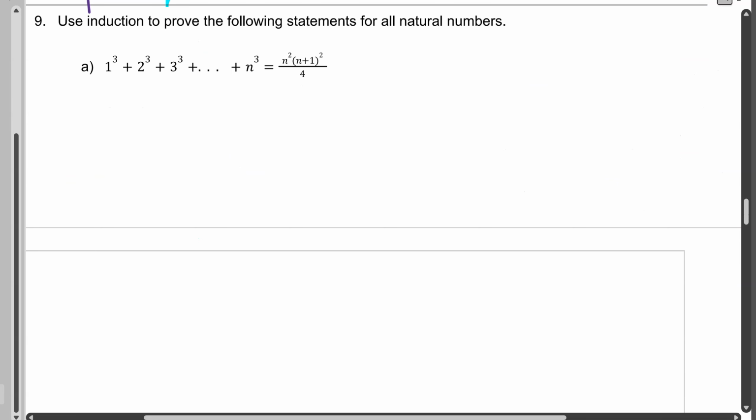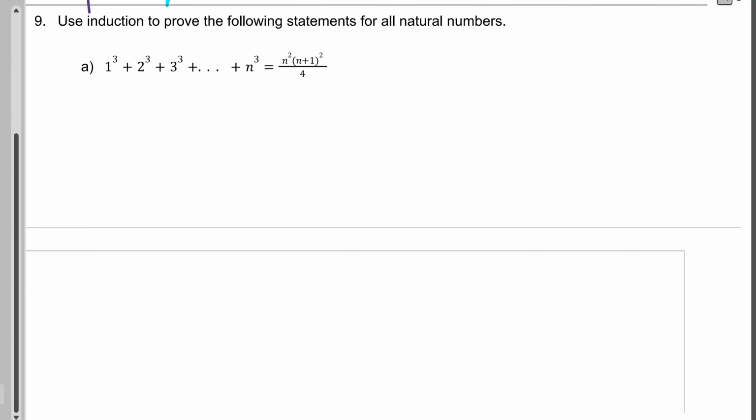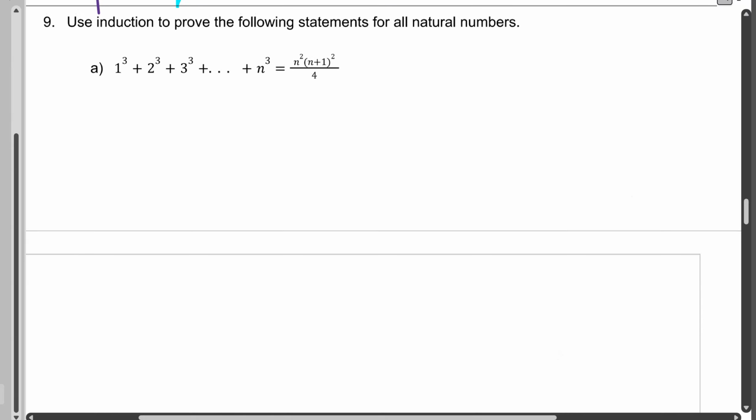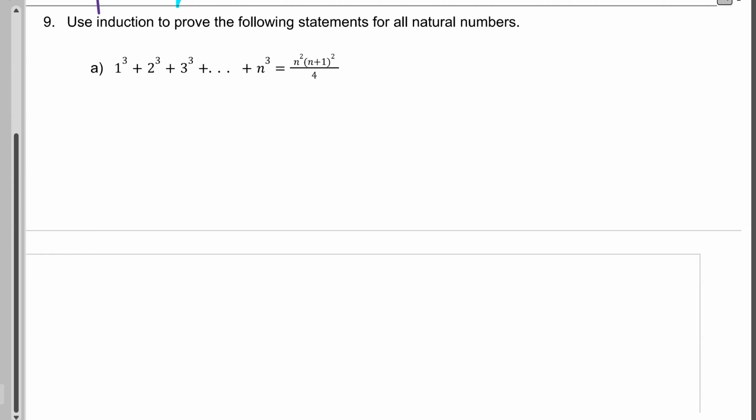Okay, so let's try a proof by induction now. I want to prove that this statement is true for all natural numbers n. That if I sum 1 cubed, 2 cubed, 3 cubed, all the way up to n cubed, that should be the same as n squared times n plus 1 squared divided by 4. All of these steps are always going to be in the same order. The only thing that's going to change is your induction step. So my first case is going to be